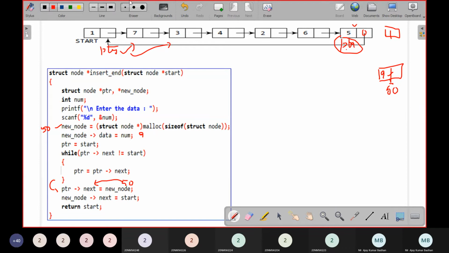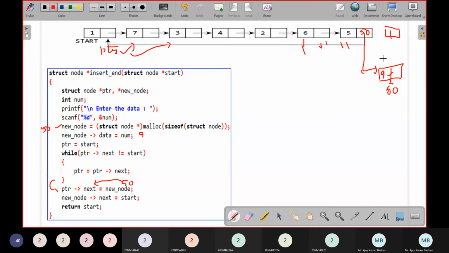So actually initially, if you see in the diagram here, the pointer next is pointing to the start, that is 100. That's why there is a link from here. Now I'm just trying to overwrite this 100 with the new node, that is 50. So it will be something like this. Now here the link will be from here to here, not this one. This is vanished. So the link is from here to here.